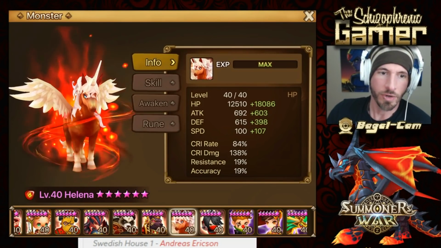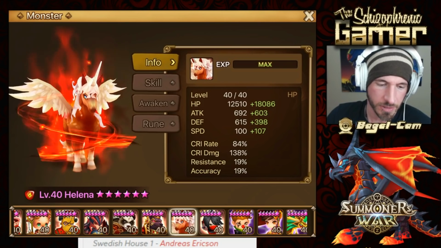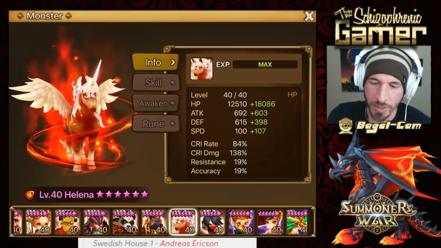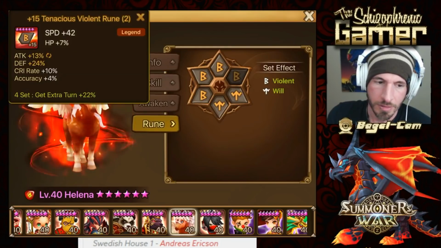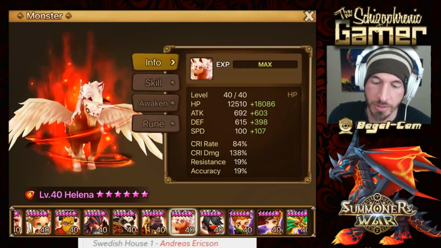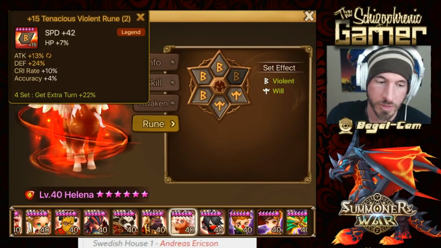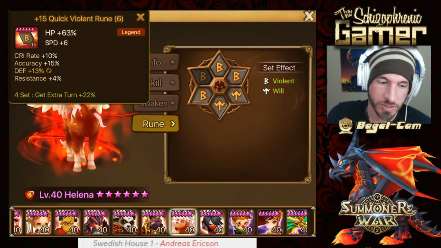Alright, nice. Another fire unicorn. This one looks like he's got the little swirlies of swirliness, so he's definitely being used. Nice crit rate, crit damage. So he's what? HP, crit damage, HP? Speed, crit damage, HP. Okay. Good defense here. Okay. Speed, crit damage, HP. And then we have...